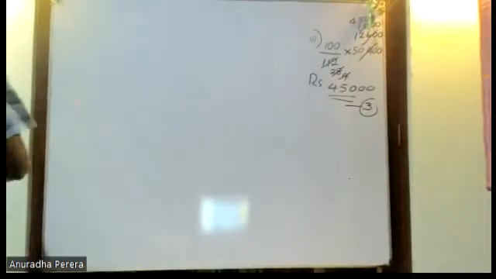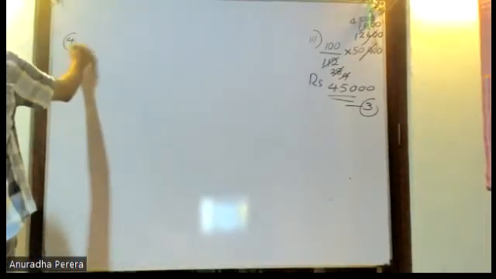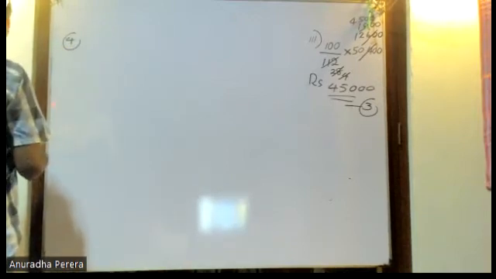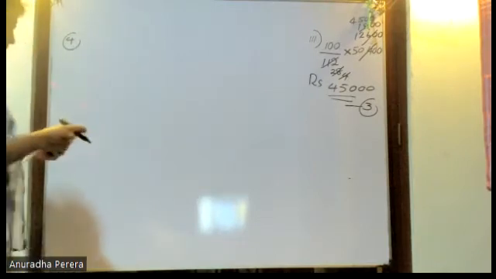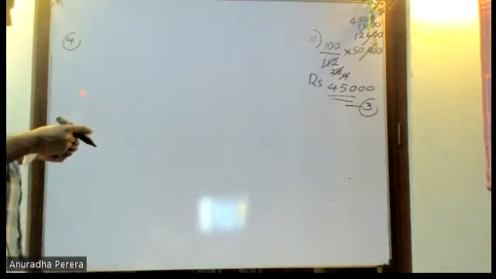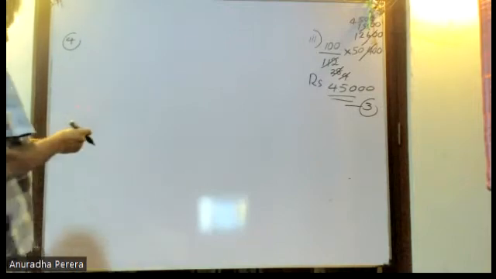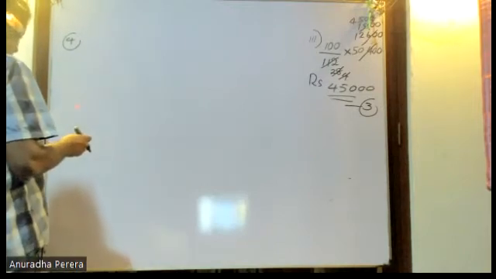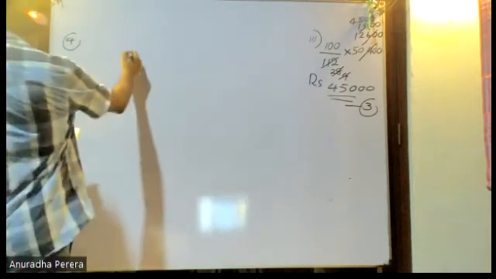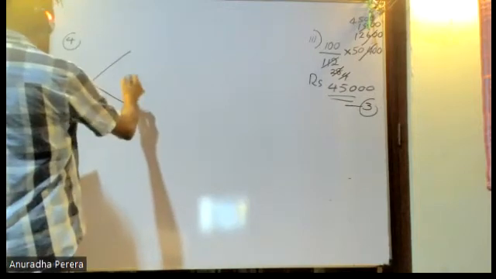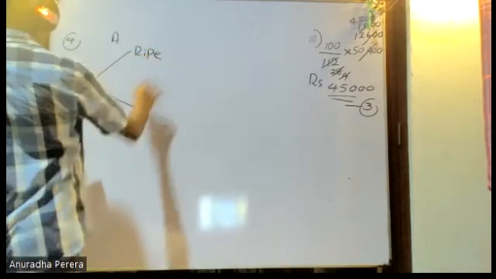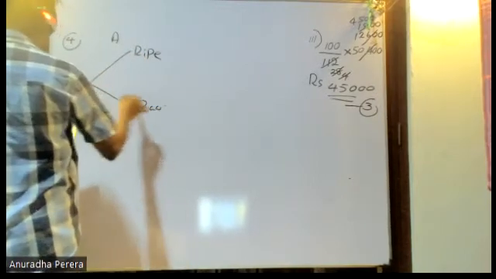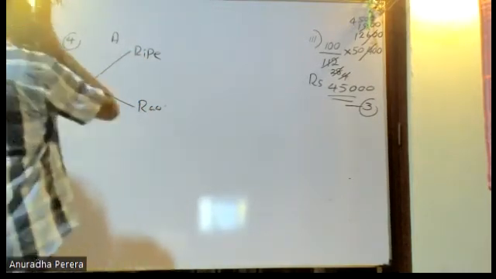Fourth question. A mango is drawn randomly from bag A, which has 4 ripe mangoes and 1 raw mango of the same type, shape, and size. Complete the given tree diagram by writing the relevant probabilities. This is drawing from A. Ripe, raw. Probabilities can be mentioned here. To mention this probability,